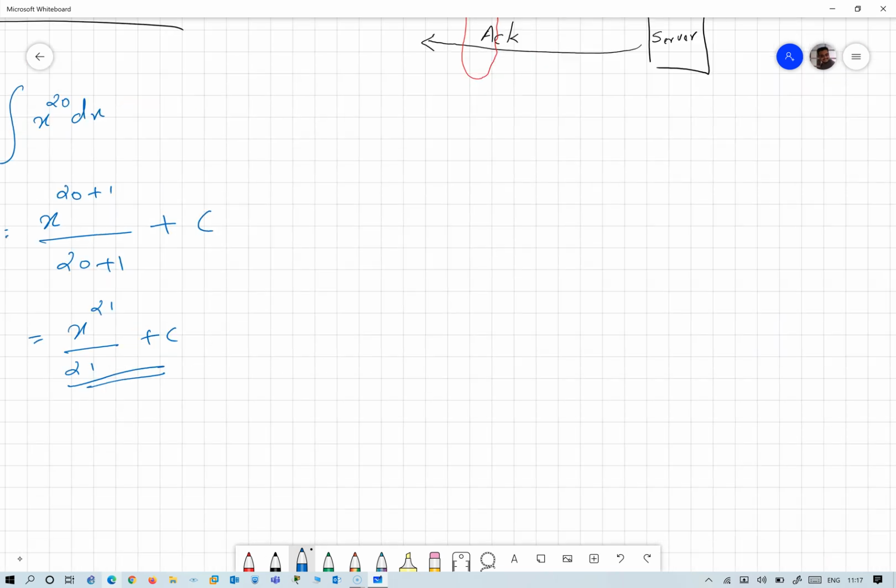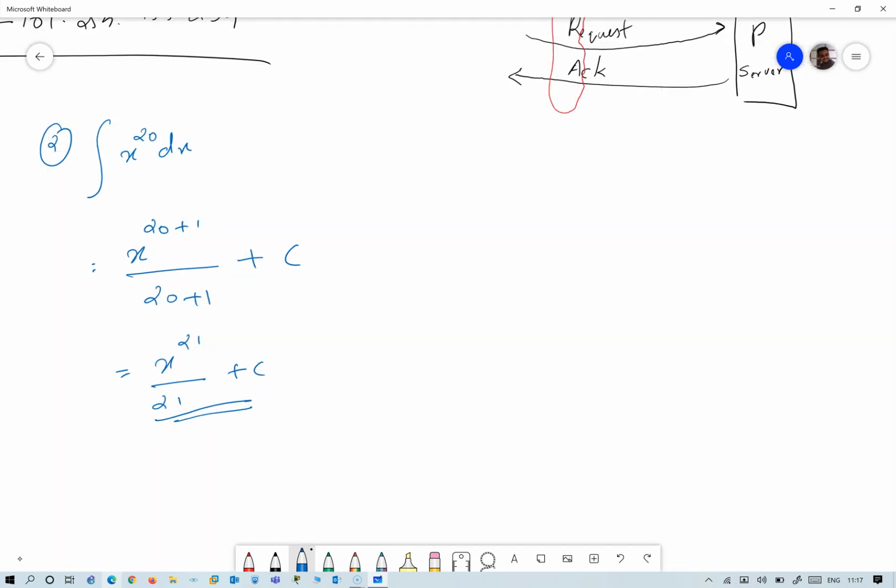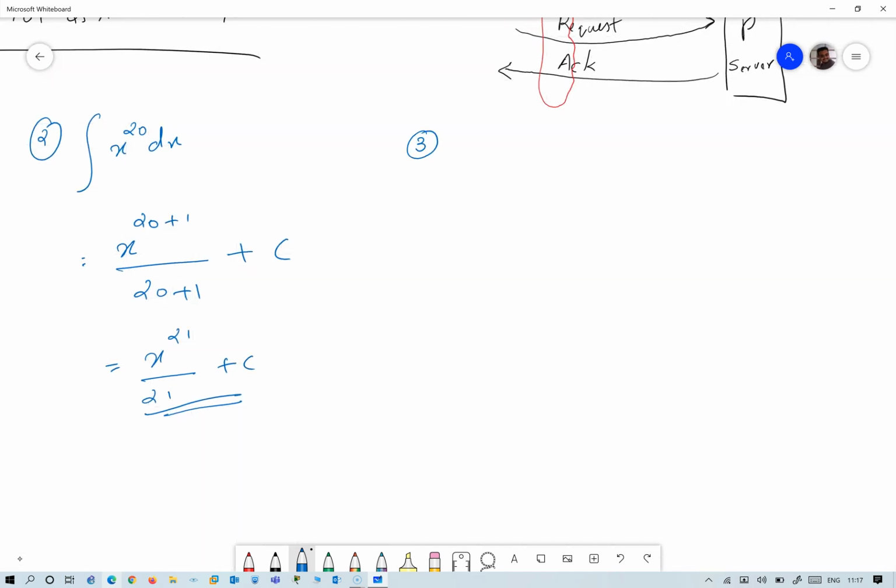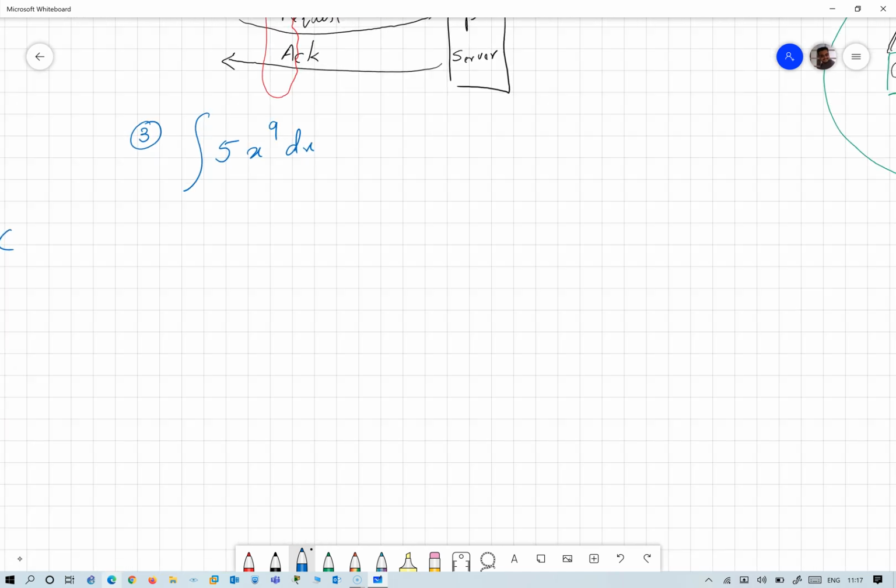Alright, now let's try to see another problem which involves a constant along with the variable. So integral 5x to the power 9 dx. Now remember, when you have a constant attached to the variable, your formula still remains the same, but in your answer you just have to attach that constant along with it. So let's say the question is,